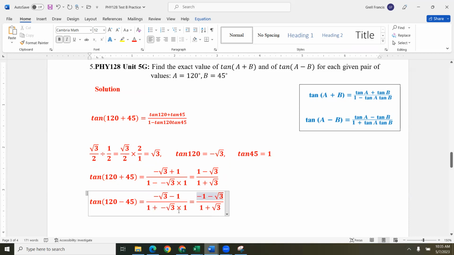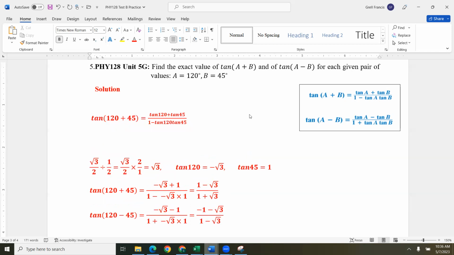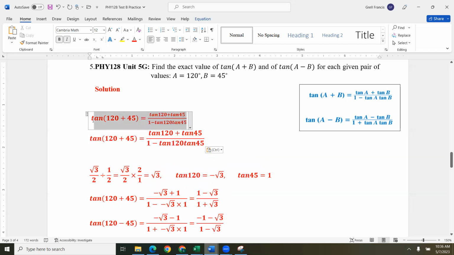And 1 plus minus root 3 will give us 1 minus root 3. This should be the exact solution of tan of 120 minus 45. So here we can actually put the substitution for tan of 120 minus 45. That would be tan 120 minus tan 45 over 1 plus